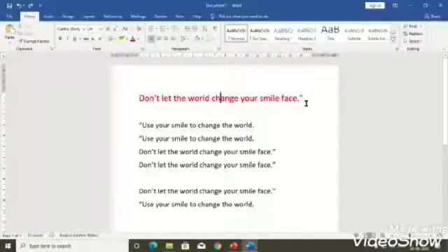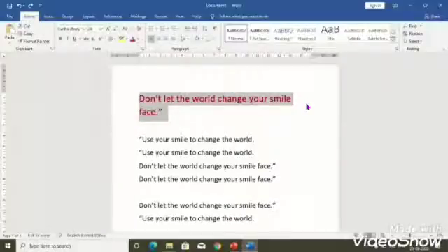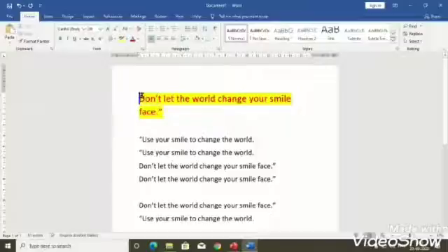When we have to get back whatever we did in undo, we press Ctrl plus Y. This is the first option, and you can also use the redo option from the quick access toolbar. Then press redo, and see your text is highlighted with yellow color again, whatever we did in undo.